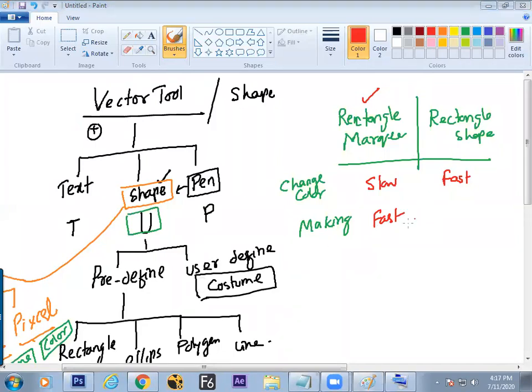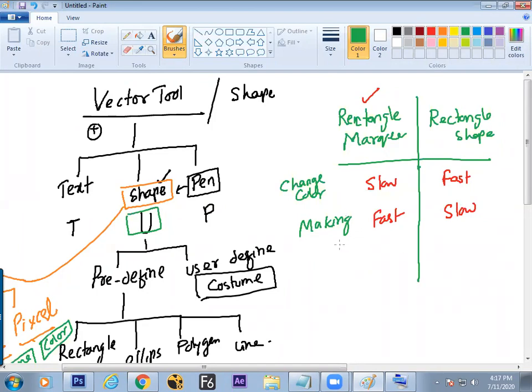So always the starters use the rectangle marquee only. But it may take some time to draw this. So often the starters use the rectangle marquee first. They don't go there. They feel comfortable doing this. And this makes the difference between starters and professionals. So it is a comparative screen.